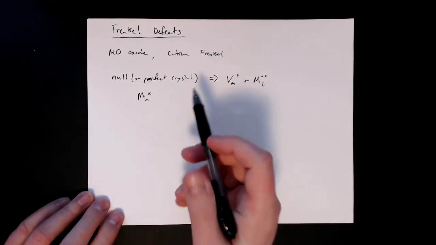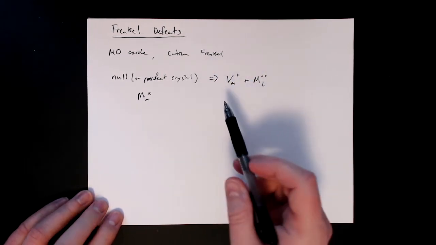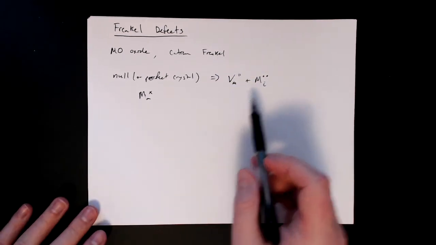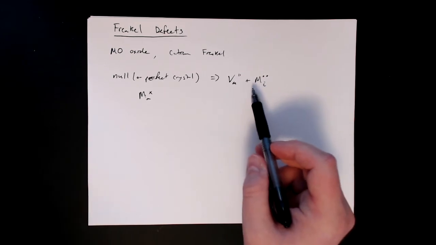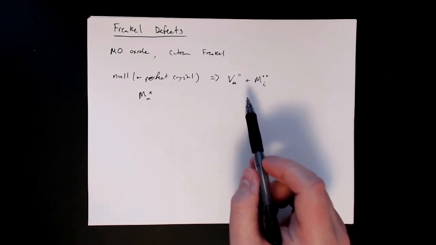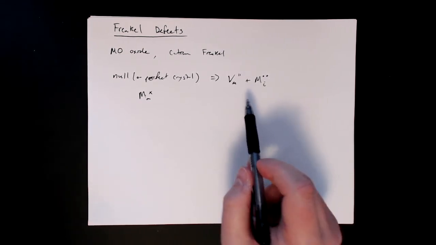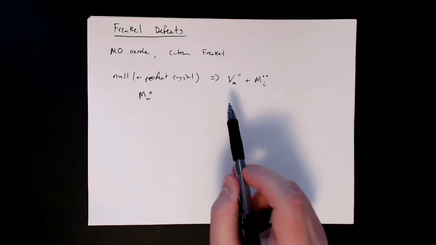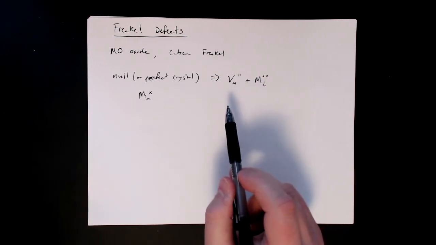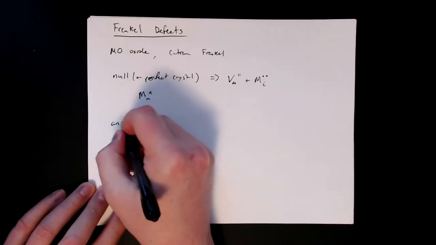All right, and so just to reiterate here, we're talking about the metal for the Frenkel because it has to go into an interstitial site, so it has to be the smaller of the two. So this is going to be structure dependent. If you're looking at a structure that's not as typical and the anions are smaller, then you would want to rewrite that for the anion. So for example, let's write an anion Frenkel